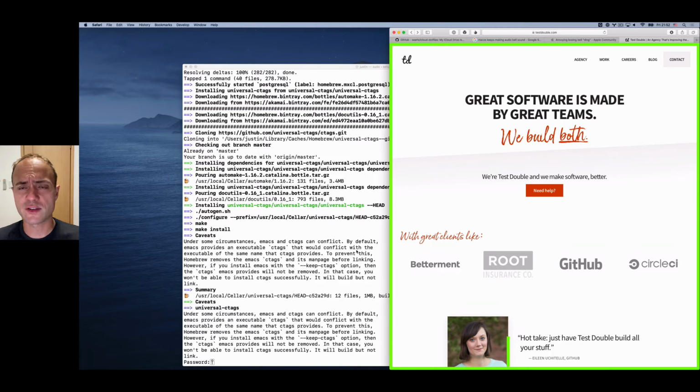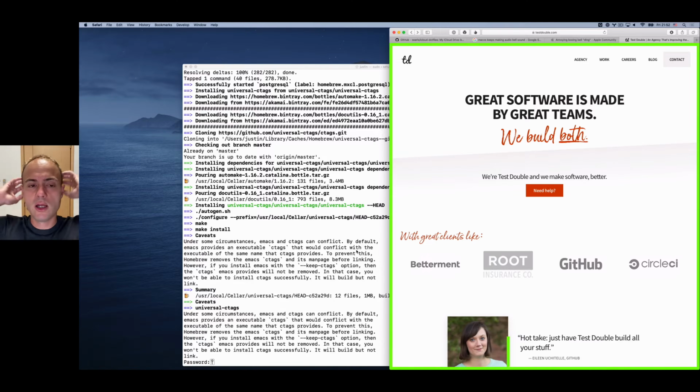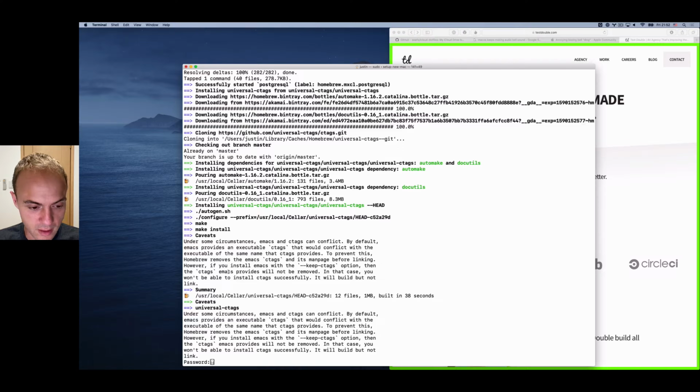So if you've got a class or a method or function name, you can then use an editor command like, in Vim, control right square bracket, which might pop up in ScreenFlow there. What that'll do is jump to the definition of the thing. And so it's a way to navigate around. Under some circumstances, Emacs and C tags can conflict. By default,